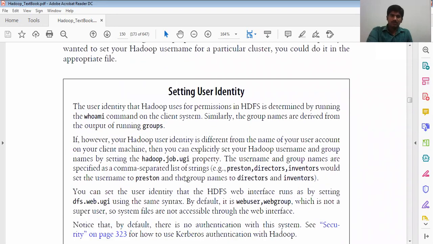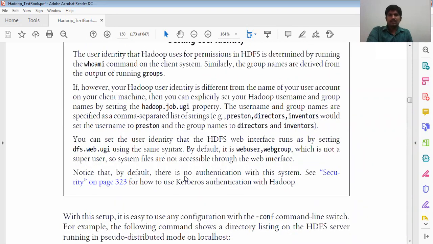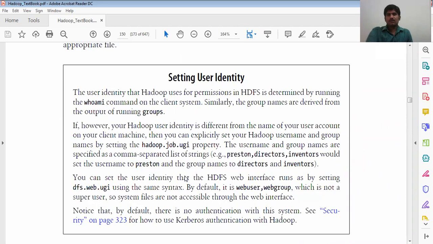Setting the user identity. The user identity that Hadoop uses for permissions. Identity means, for example, your mobile identity.